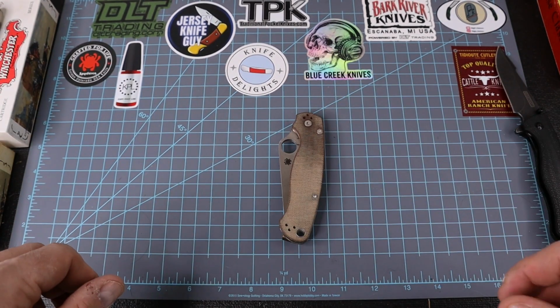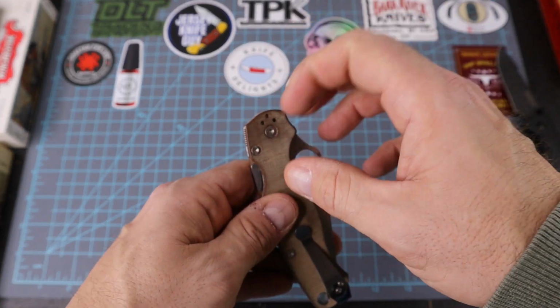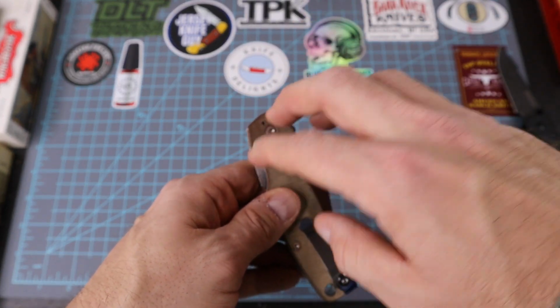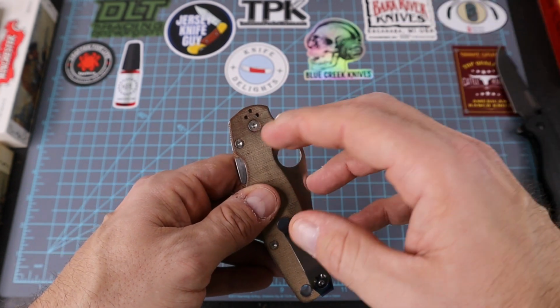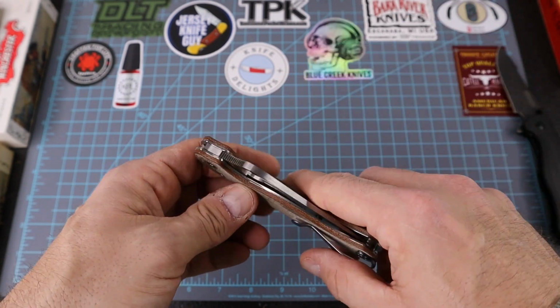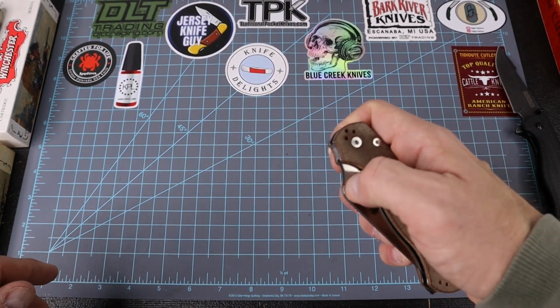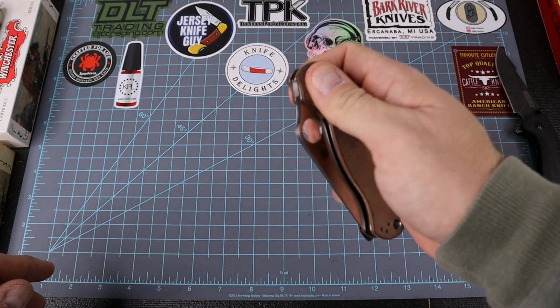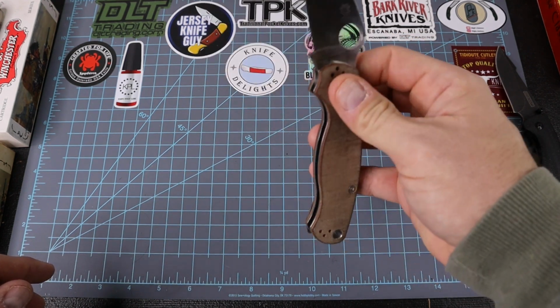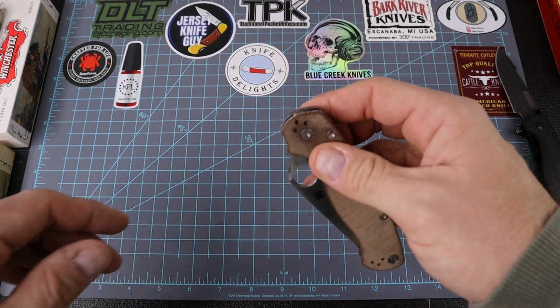So I took it back apart, and I found that the D pivot, the D part that seats down in the other D retainer on the liner, was stripped a little bit. And I didn't do that, I just didn't do it. So I reached out to them. They said send it in, $5 shipping. I did, and